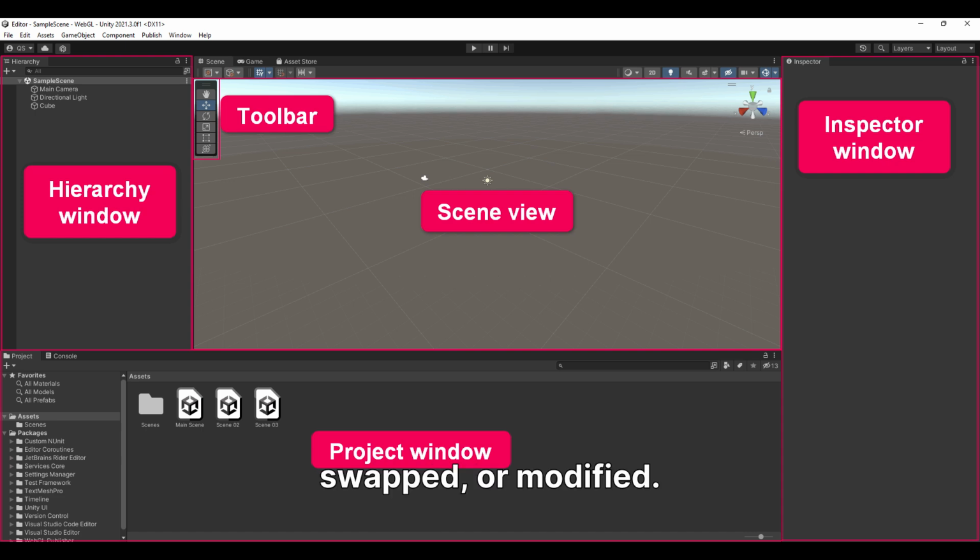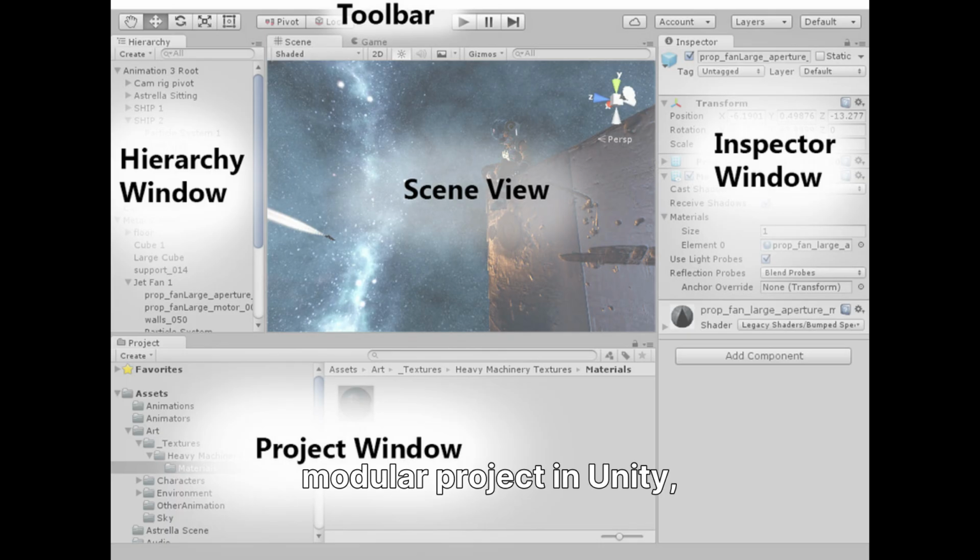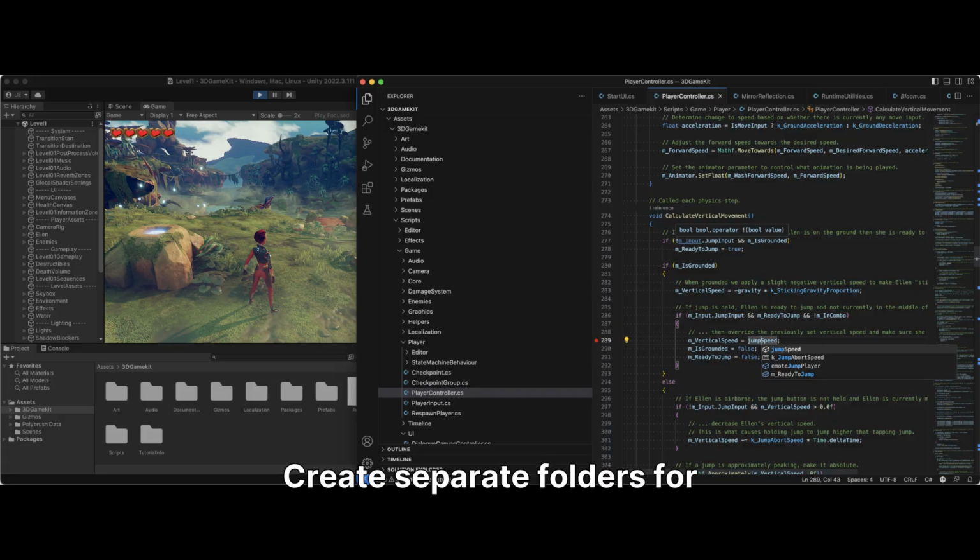swapped, or modified. To set up a modular project in Unity, organize your project into distinct modules, each handling a specific aspect of a game. Create separate folders for each module within the assets directory and use C# scripts to define the logic inside each